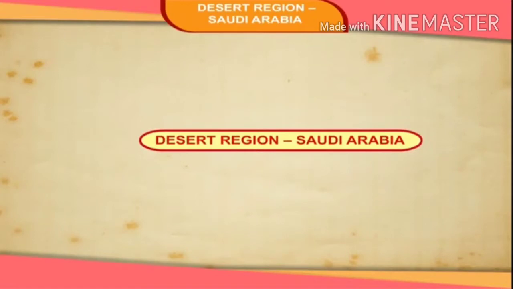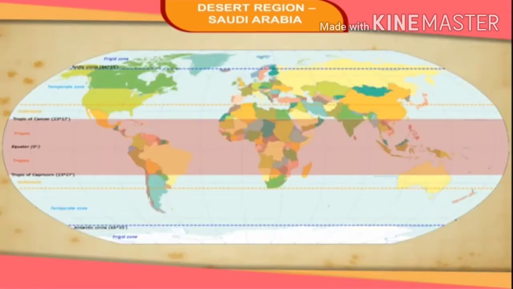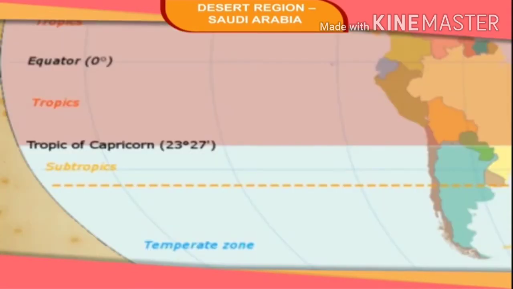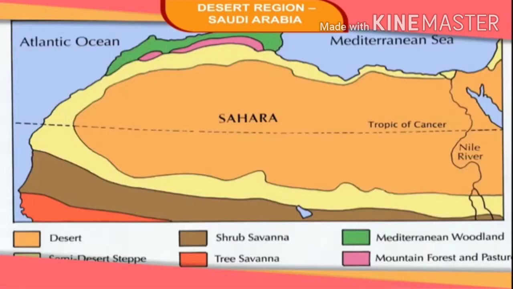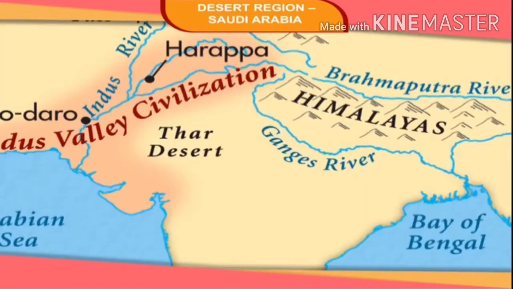Desert region, Saudi Arabia. Desert regions are almost dry throughout the year. The earth has two belts of deserts. One is along the Tropic of Cancer in the northern hemisphere and the other along the Tropic of Capricorn in the southern hemisphere. Some important deserts of the northern hemisphere are the Colorado Desert in southwestern North America, the Sahara Desert in North Africa, the Arabian Desert between the Red Sea and the Persian Gulf, and the Thar Desert in